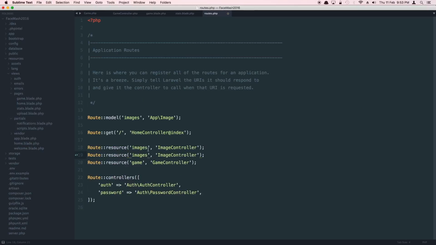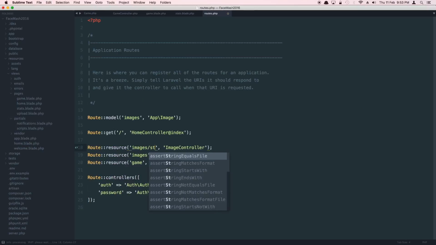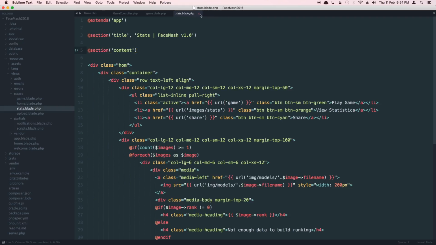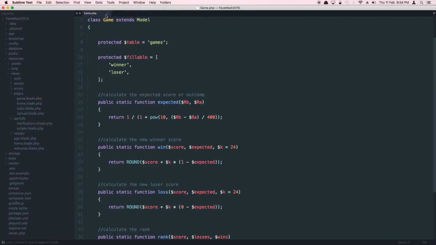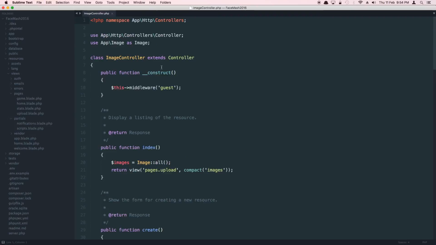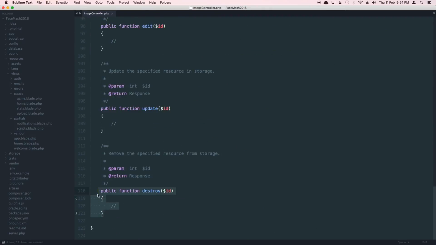I'm going to add a route here, images slash stats, and that's going to be @stats. I hope that's how we're going to do it, right? We're going to add a new route, images slash stats, and this is the method that's going to take care of it, but it must come before the resource for routing. And let's go to our images controller, and here we're going to go far bottom, and we're going to create a new method